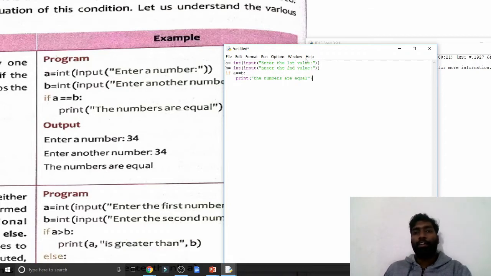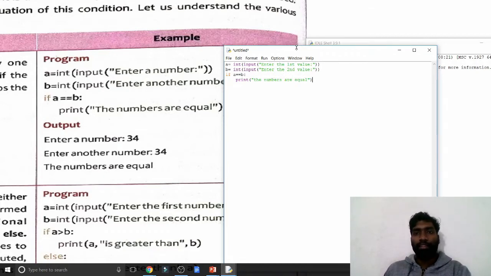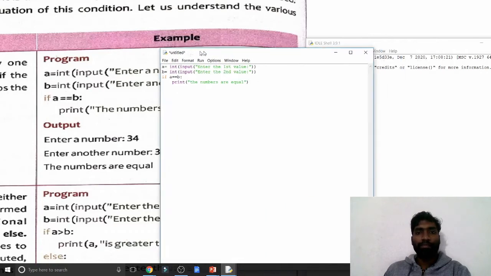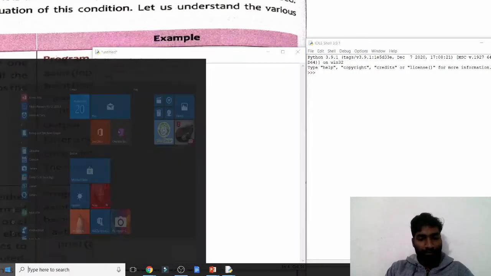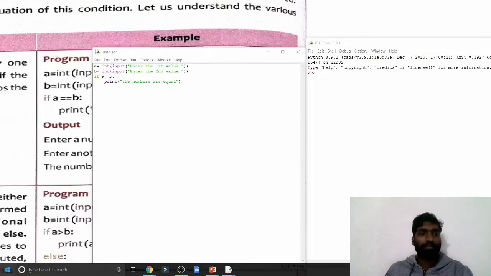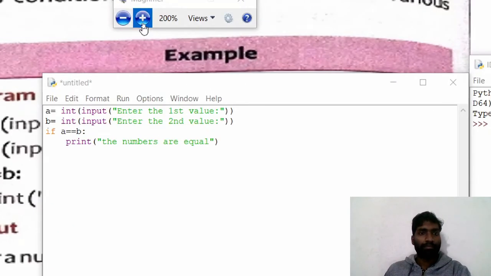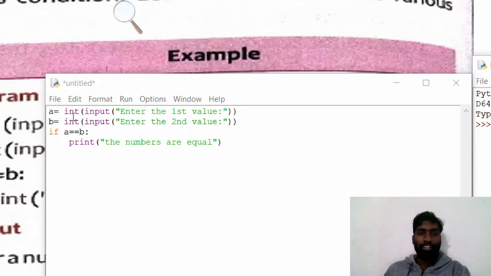Okay, now see here what condition I have given here. A is an integer, b is also an integer, but in a we are getting input. Enter the first value.